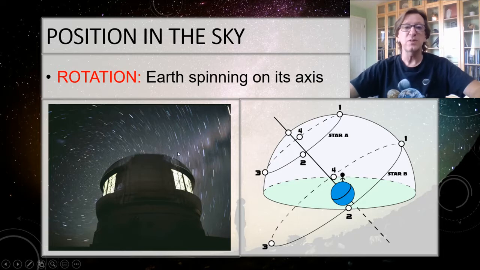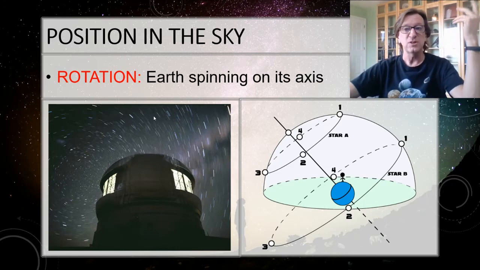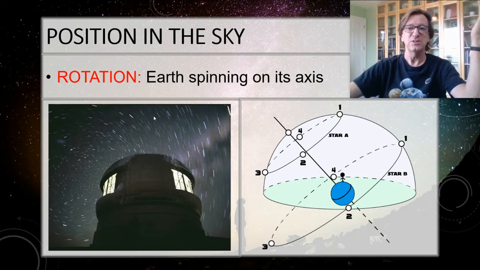And this is the only way that we can actually measure the rotation of the Earth. We can say, okay, let's say I took this picture for an hour and the star moved this many degrees. Well, then how many hours would it take to go 360 degrees? And from that, we can measure the rotation of the Earth. And it turns out it is not 24 hours. The length of the day is actually not 24 hours. That's a myth. It's 23 hours and 56 minutes. So it's just slightly shorter than 24 hours. Now you may say, well, okay, so is our 24-hour day just kind of an approximation?